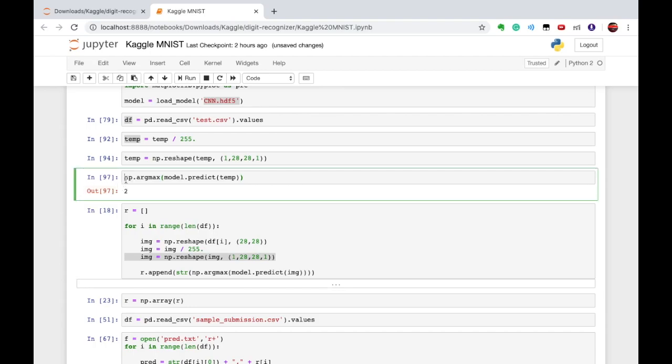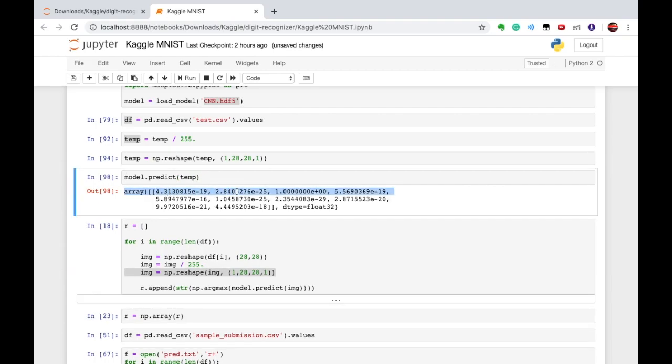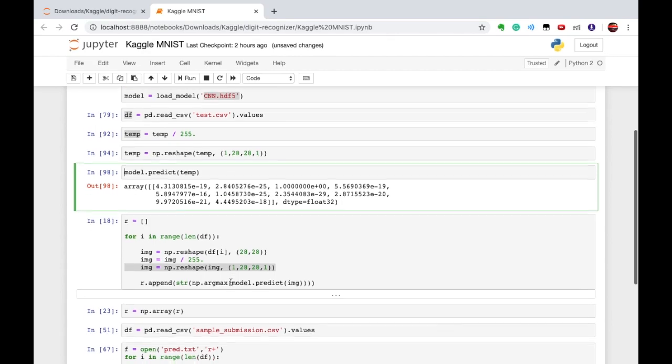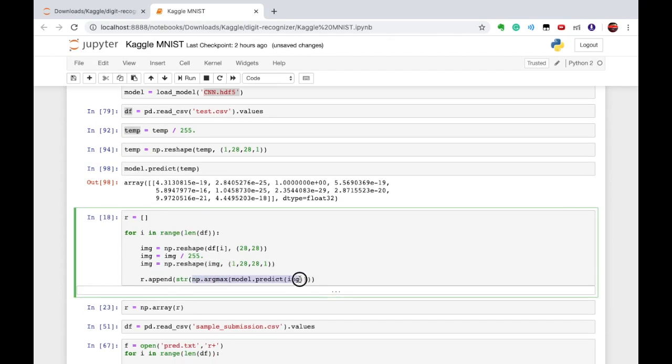So 2 means, this is for 0, this is for 1, this is for 2, so the image must be a 2. Clear? So we are using the np.argmax function to do that, and after that I'm converting it into a string and appending it into our list.